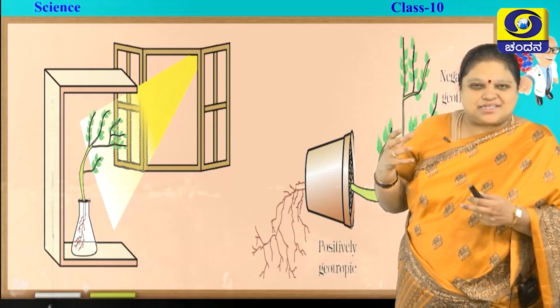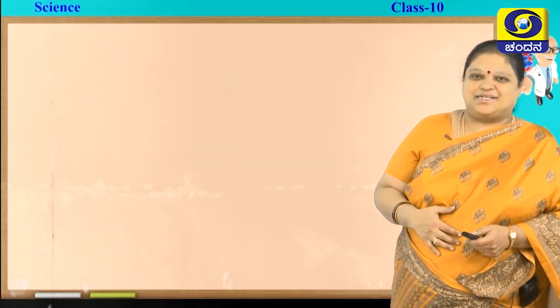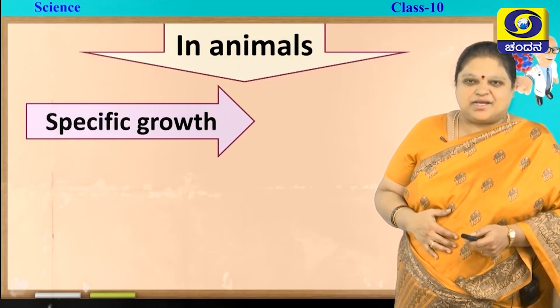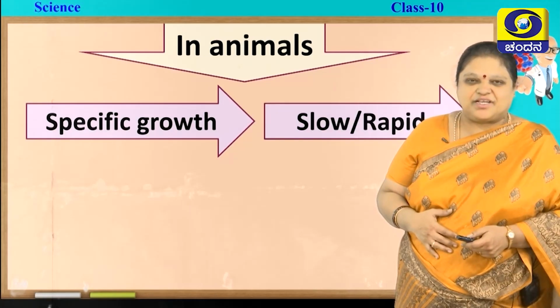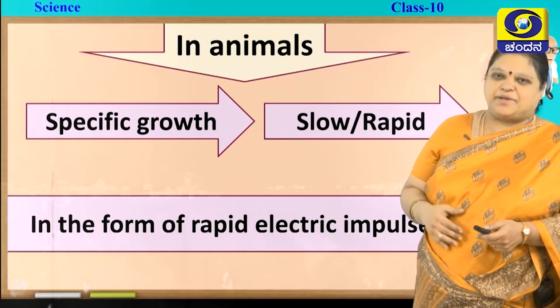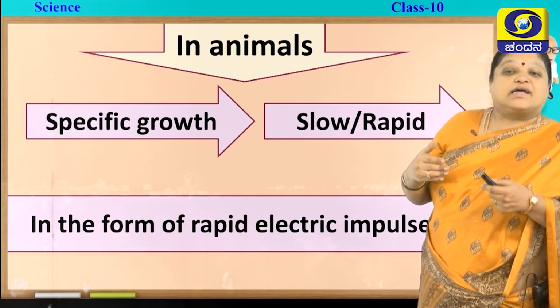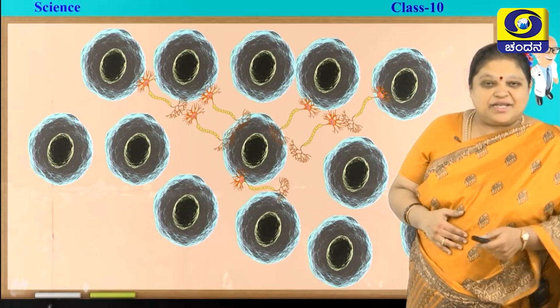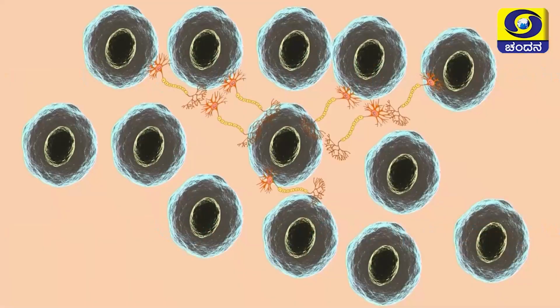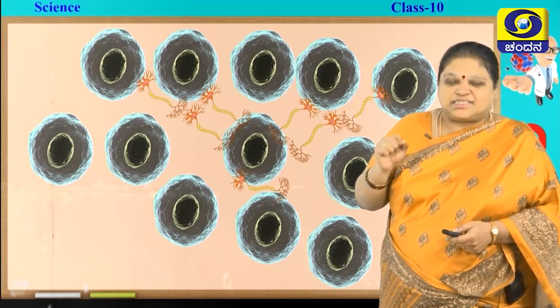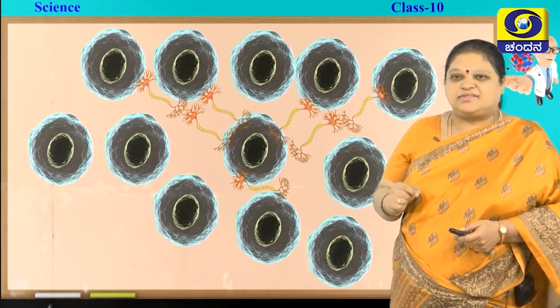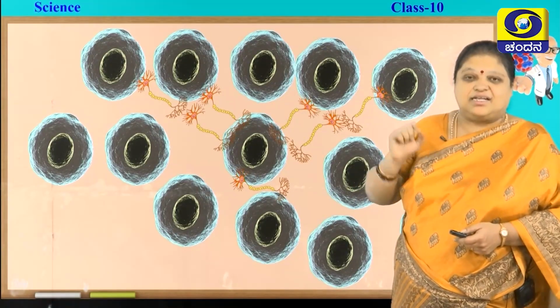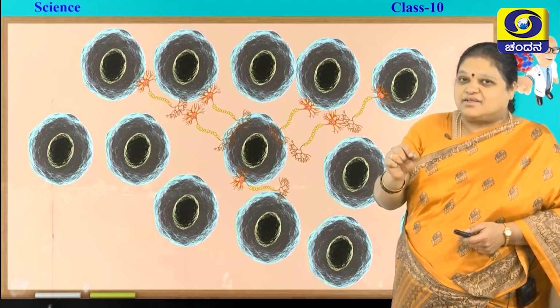How are all these messages conveyed? Let us see. In animals, the growth is very specific. It may be slow or rapid, and in the form of rapid electrical impulses. So, movement is very important. See, in the animals what happens? I have given you a few cells here. Here the cell which has to send the impulse will send the electrical impulse to the cells which are